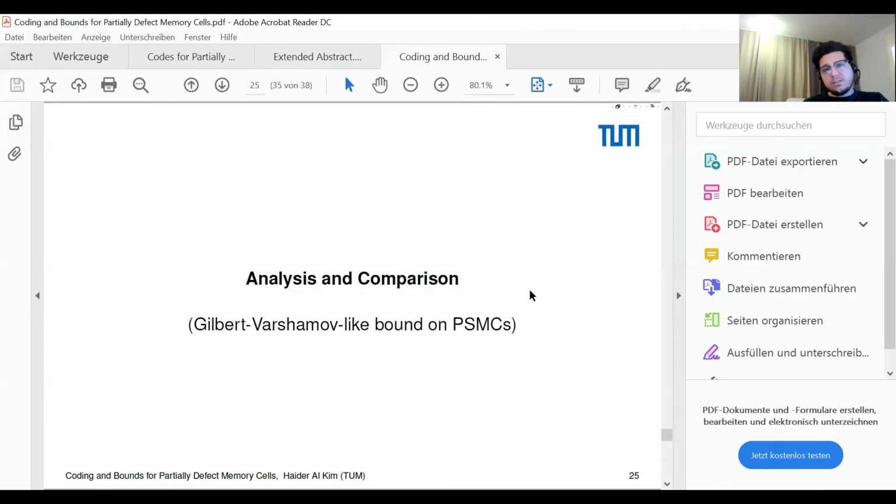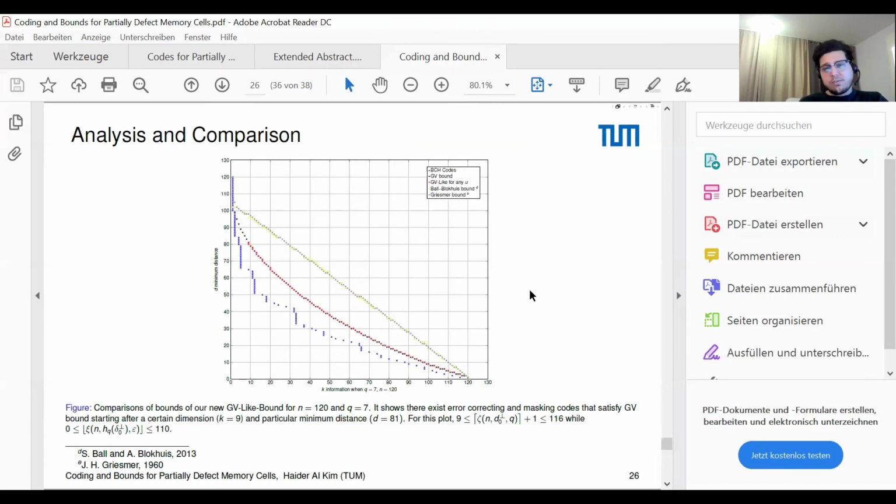Analysis and comparison, Gilbert-Varshamov-like bound. This is a new graph compared to the one given in ACCT 2020, because that was for U less than Q, while this one is for any number of partially stuck cells up to N. As you can see here, our curve, the red curve, lies on the Gilbert-Varshamov bound. However, it starts at a certain point when the parameters D and K have specific values, and we will have an error correction and masking